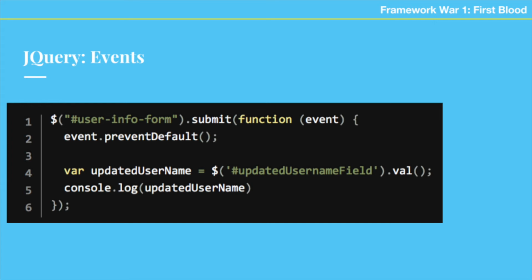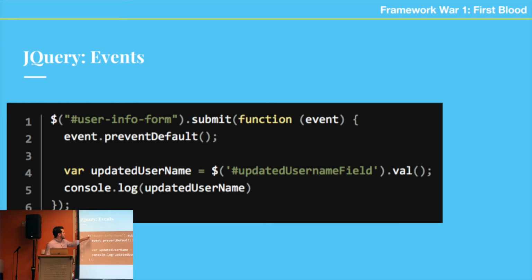So jQuery, another important part is the events. This is, like I said, what really did shape frameworks moving forward. This pound that we have here in front of us is an ID on an HTML element. And what it's saying is, whenever this element submits, I want you to run this function. So if this was a form, all you had to do was put an ID on it, and you could attach this listener. Very similar to what we see now.